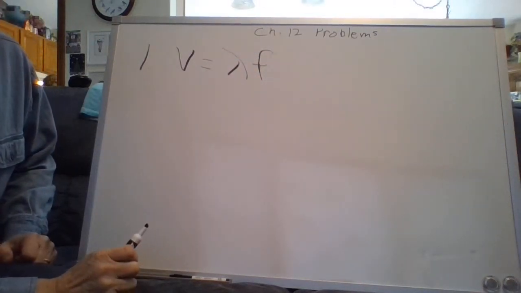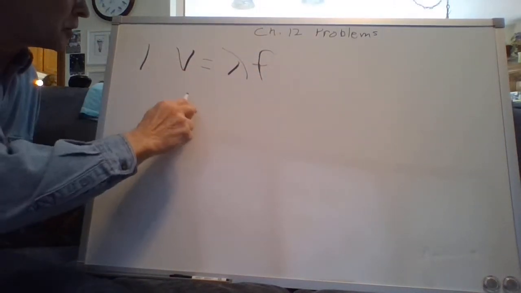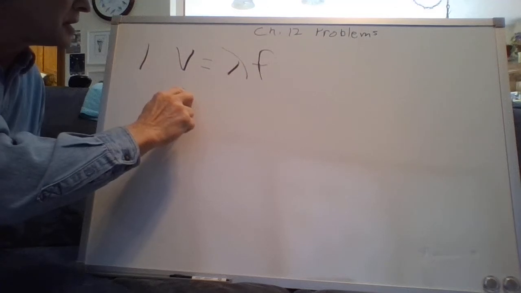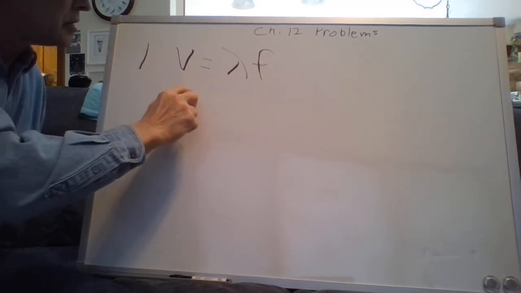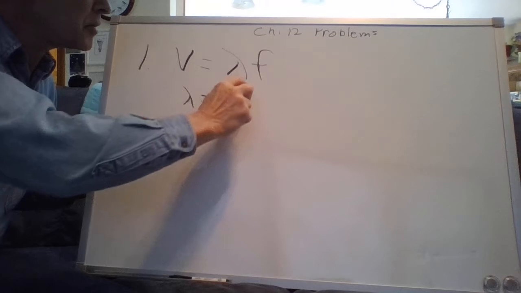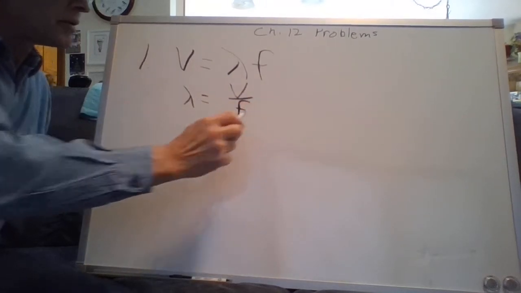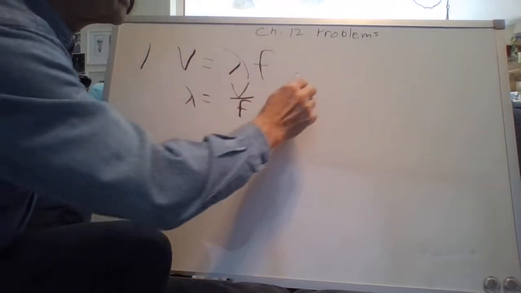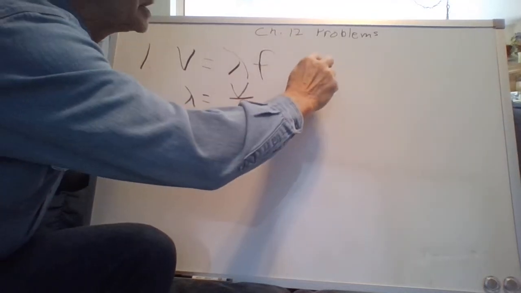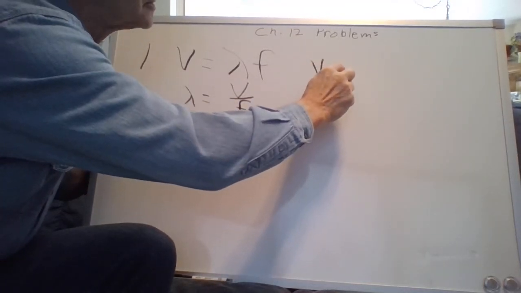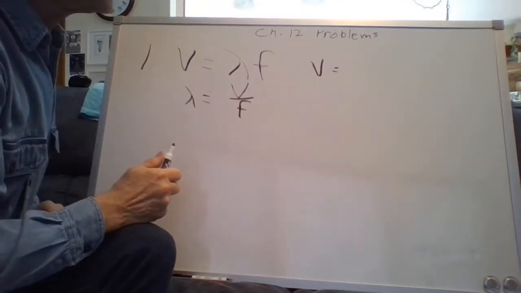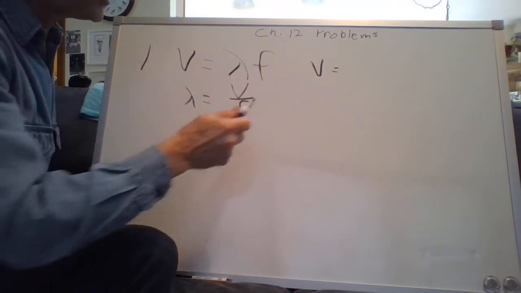So we're asked for the wavelength, so we would want to rearrange that. Wavelength would be the velocity divided by the frequency. But we have to do a little side thing here where, what is the velocity at 20 degrees? The velocity of sound in air,